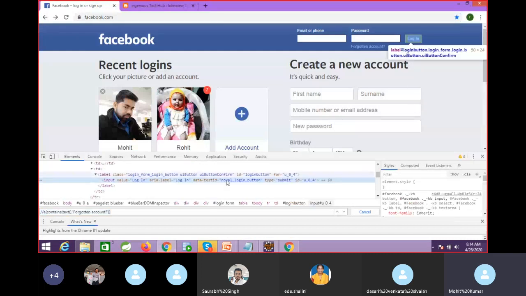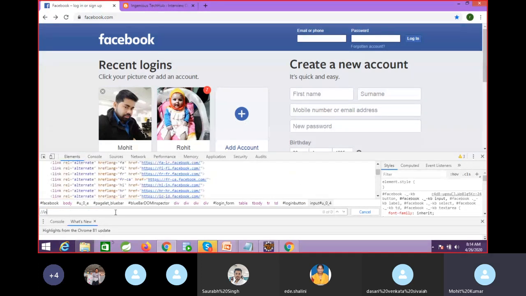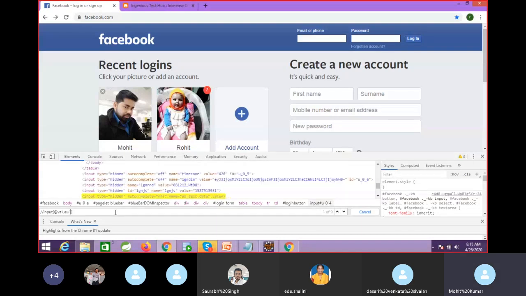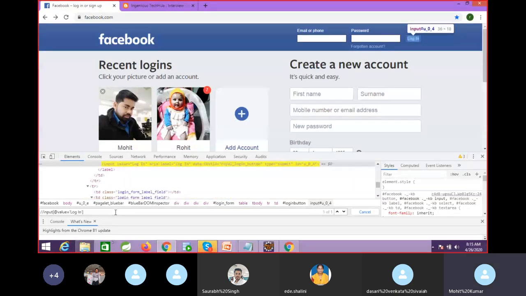So what is this? This is the value. So we can write the XPath: tag name is input and attribute is value. Input, value. Now we can copy here.